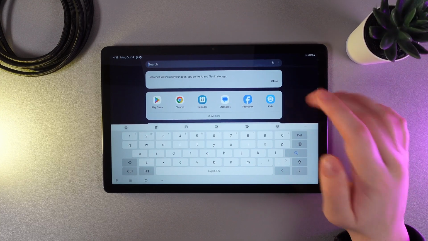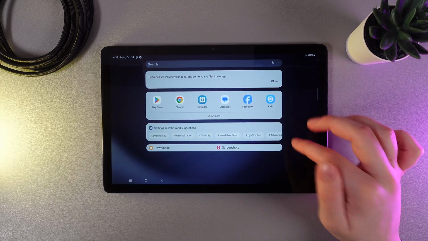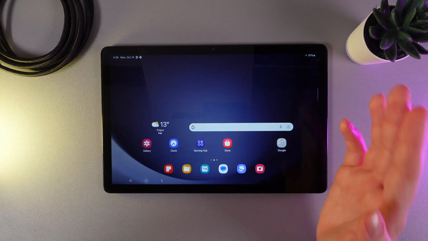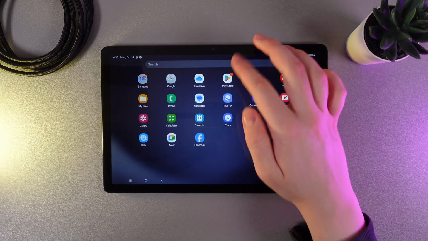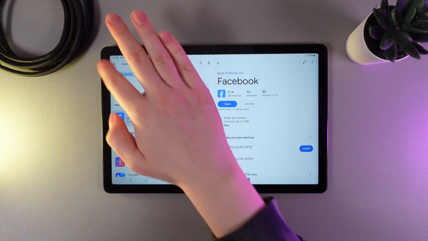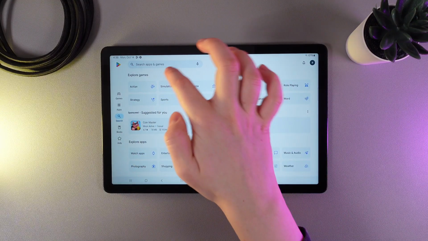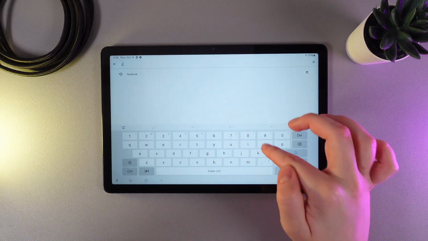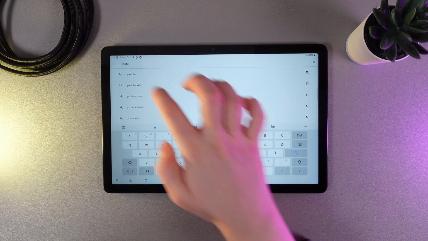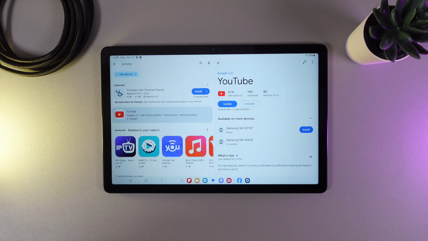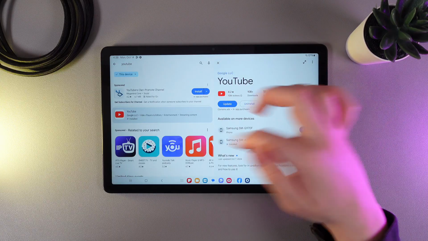But if something happened and you don't have YouTube pre-installed on your tablet, don't worry, we can fix it. For that, we would need to open the Play Store. Here, we would need to click on this search icon on the left panel, then click on the search bar and enter the word YouTube. After you search for this word, you would be able to see this app, and